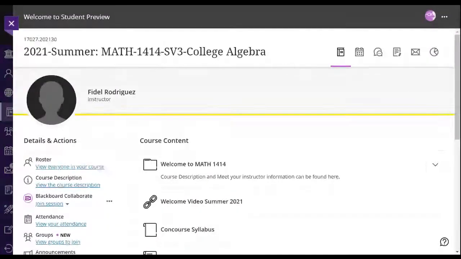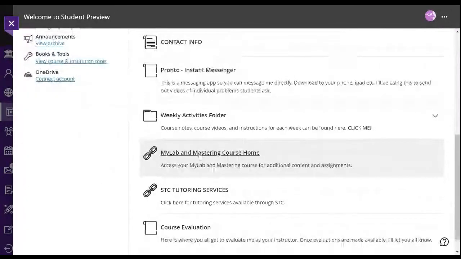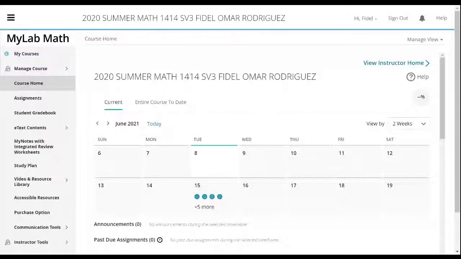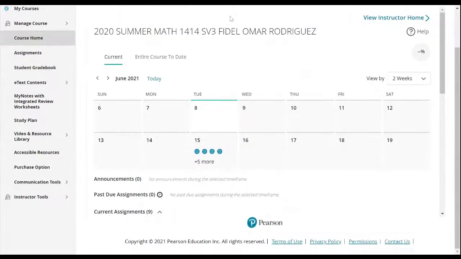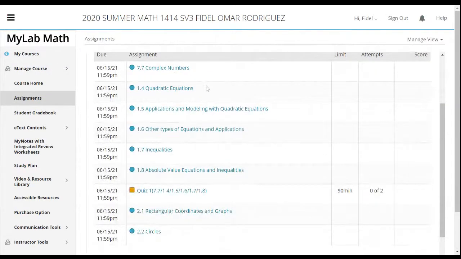Okay, so we're coming back to the home page here. So once you get set up in MyLab, once you create your account and you click on this link, let me show you where it's going to take you guys, okay? It's going to take you, there we go, right here into MyLab, okay? And so when I'm here in MyLab, if I click right here, y'all, on assignments, then I'm going to see all the assignments that I have.